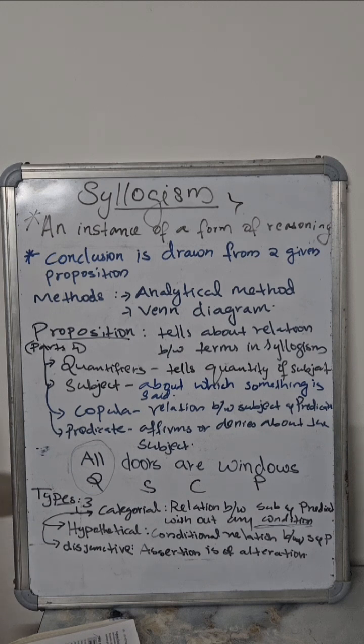A relational proposition always talks about the relationship between different variables. For example, if you are saying A greater than B equal to C greater than D, then it is showing a relation between different